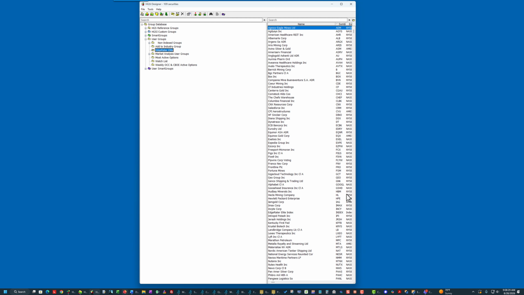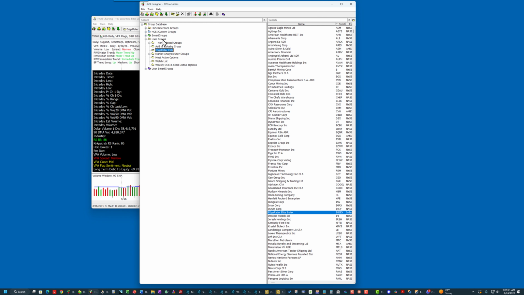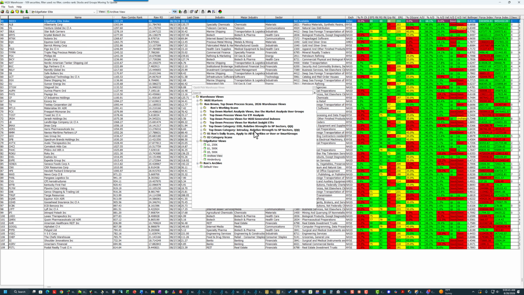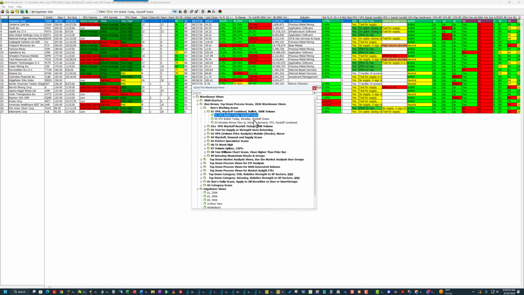I'm going to sort on symbol. Let's look at the index. And you can see how strong this index is. So once the list or the group is created, then you can apply any of my scans or your scans against this list. And let's say I want to look for bullish Wyckoff scans. This was using yesterday's data, and